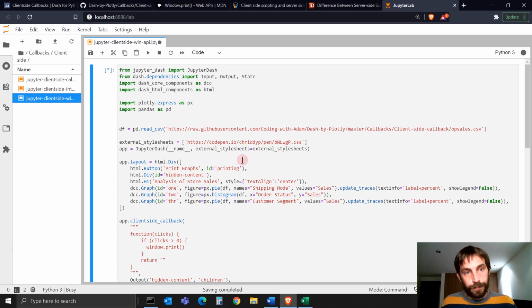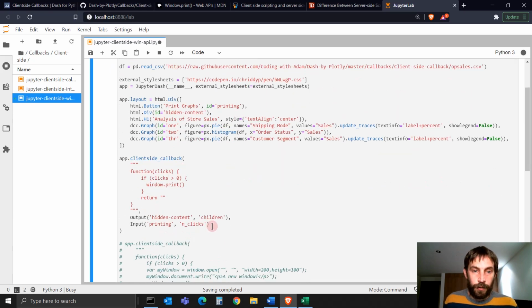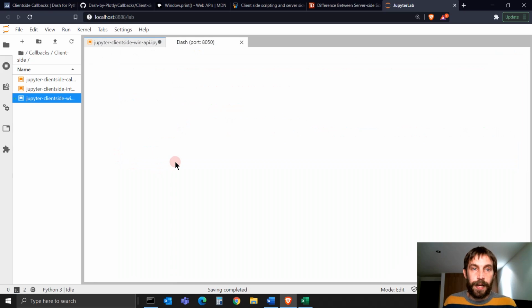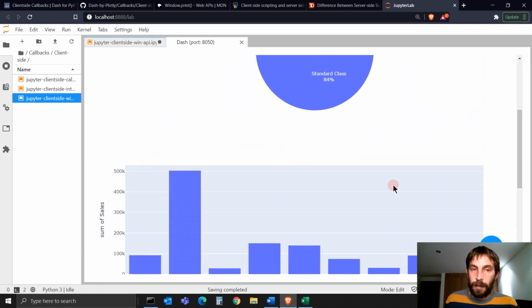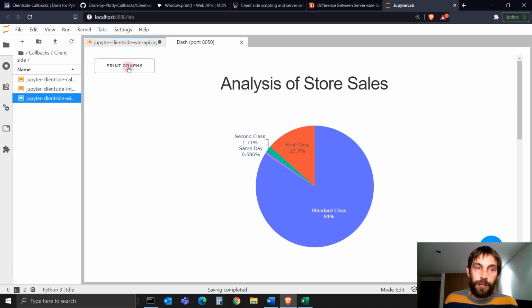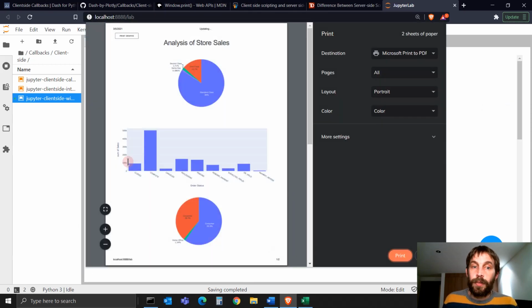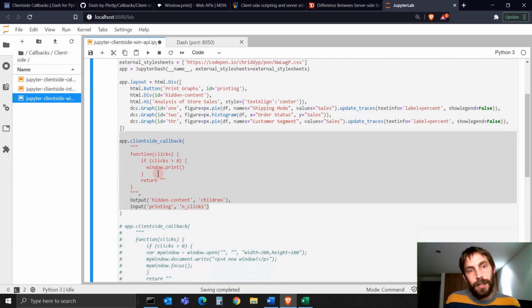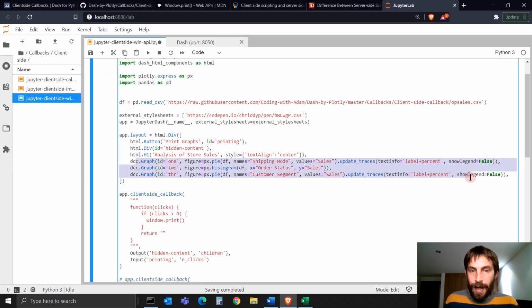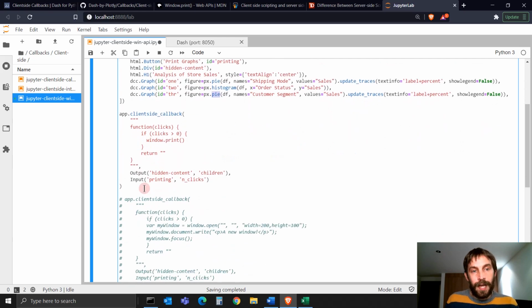So see here, when I run this, this is the function that I'm running right here, the client-side callback. Here I'm actually creating graphs, pie chart, histogram, and another pie chart, and I'm saying if the user clicks on the button, it will open the print window, right? So how do I do this? This is through this code right here. You see? Here I just created 3 different graphs, pie chart, histogram, pie chart. And then at the bottom I say